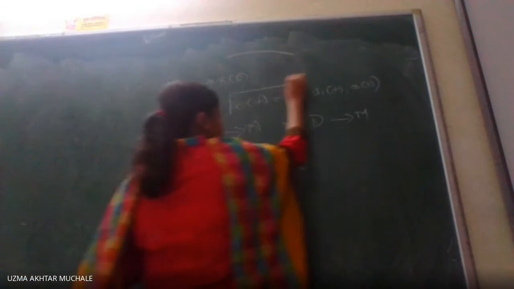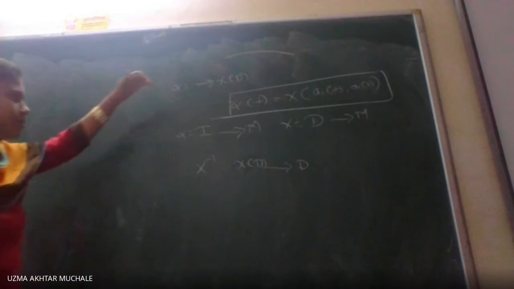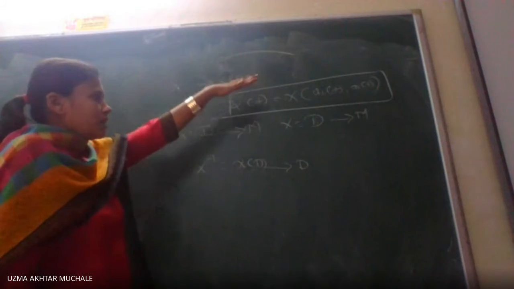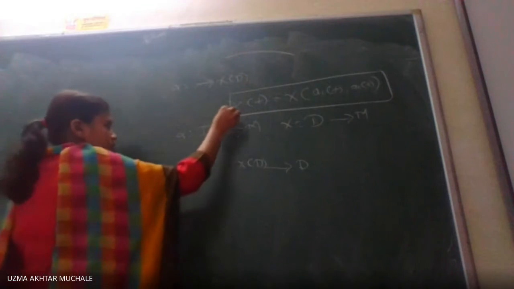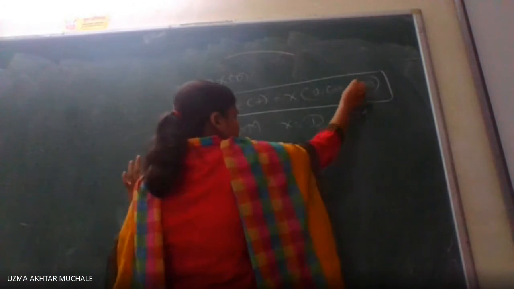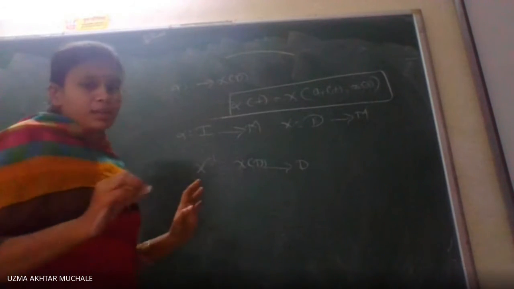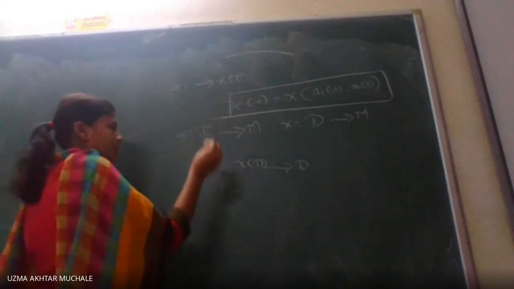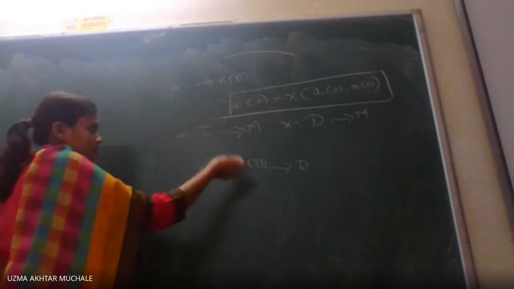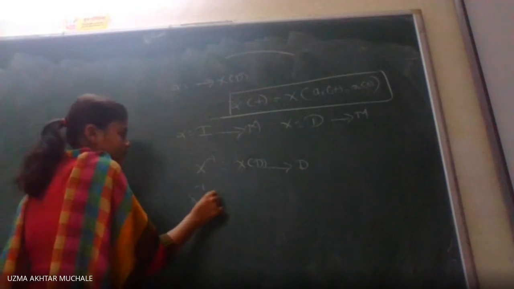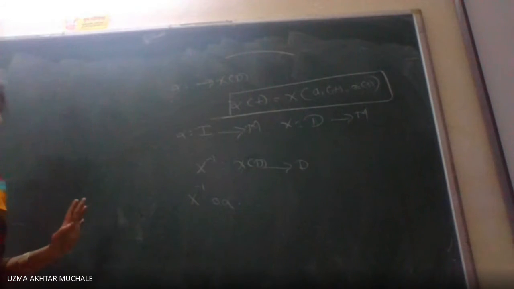We have to prove that alpha of t is equal to x of a1(t), a2(t). So we have to prove that there exist unique differentiable functions a1(t), a2(t) such that alpha of t is equal to x of a1(t), a2(t). If I want to prove the uniqueness, no doubt we will go with contradiction, but first we have to prove alpha is equal to x of a. So for that, let me define x inverse of alpha. If I prove x inverse of alpha is the identity, hence we can prove alpha is equal to x.